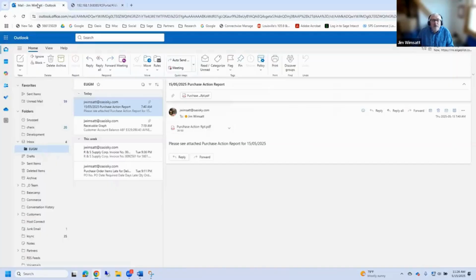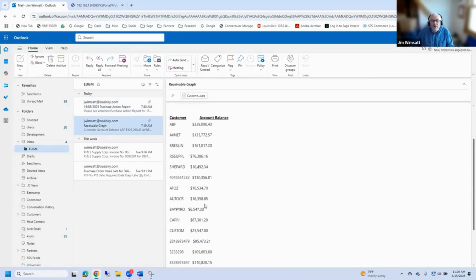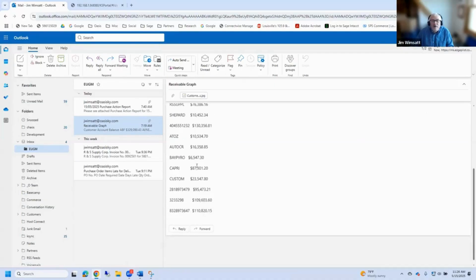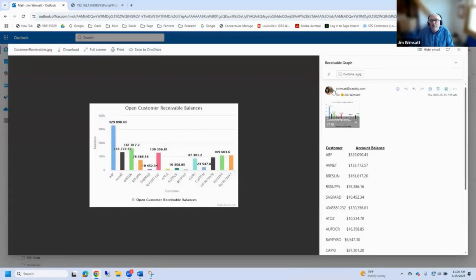So I go back to my email, and here are my receivables. It's put in a chart. I put the data in here. So here's my customers from my demonstration data. These are their outstanding balances. I can send the graphs with it. I open the graph and can quickly see